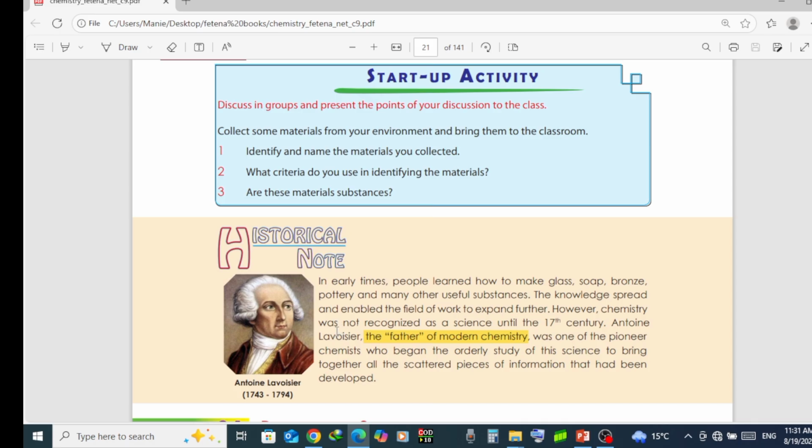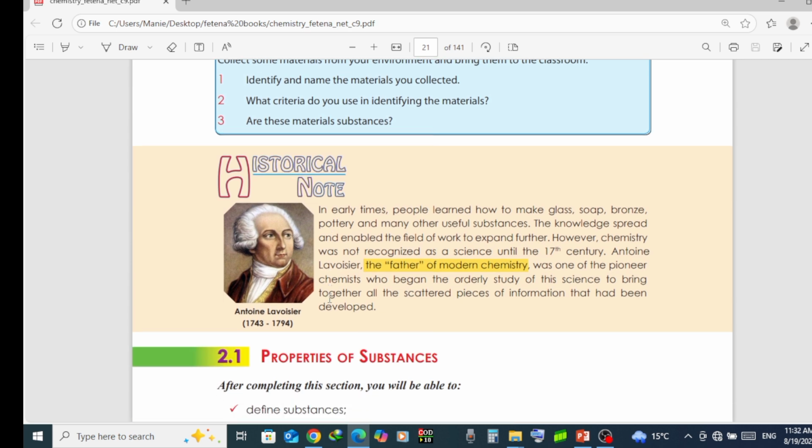Here you have historical notes as we did in unit 1. In every unit we do have a historical note. It's a very important thing that motivates, or tells something about the people who are involved in the course called chemistry. Here the unit 2 historical note says in early times people learned how to make glass, soap, bronze, pottery